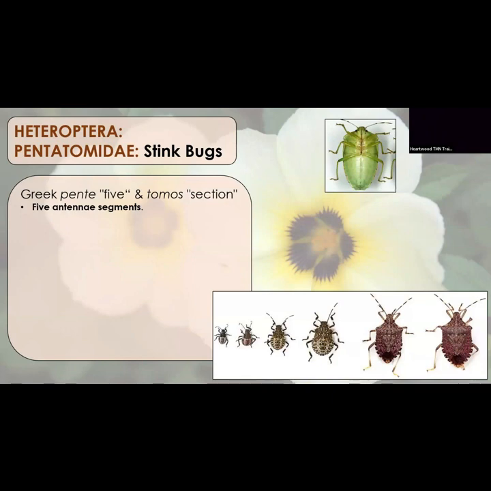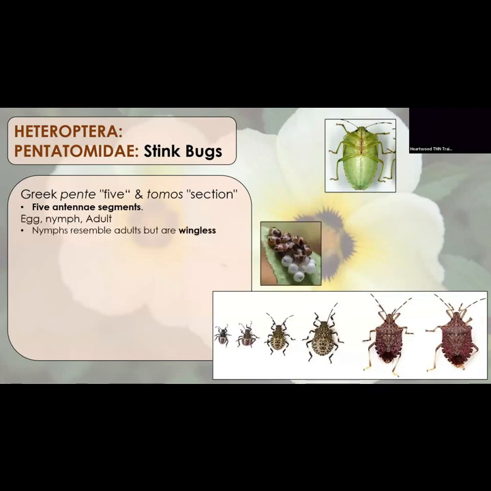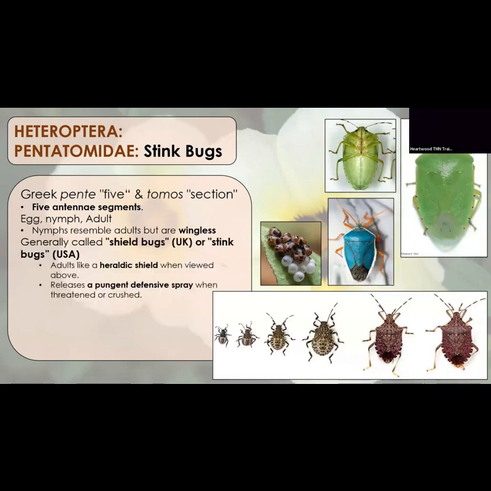So the first Heteropteran, you've got the pentatomids. Let's see if they have 5 antennal segments. Penta, 5. That's all it's about. Does it look like a bug? Does it have 5 antennal segments and a triangular scutellum? Then you have a pentatomid. In the UK, they're called shield bugs because they look like a shield. Over here, we call them stink bugs because they are smelly if you bother or squish them, which is just them being defensive. They're known to have 3 tarsal segments on each foot. The legs are slender. They've got walking legs. Their forewings are different, right? Their forewings are thickened, back wings membranous, Heteroptera.